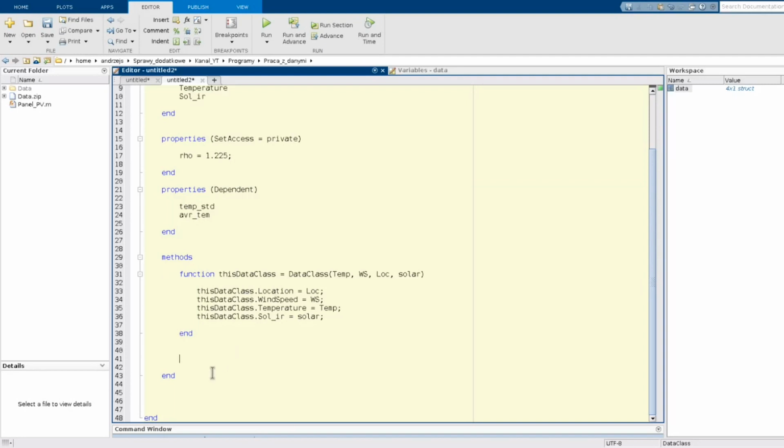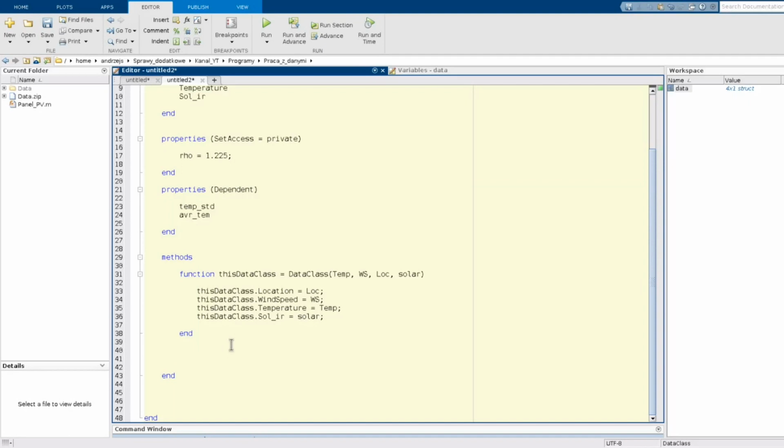So this is a difference between MATLAB and, for example, Python or C++. Now we will create the getter functions to compute those parameters, but have in mind that they will be called just after the constructor.